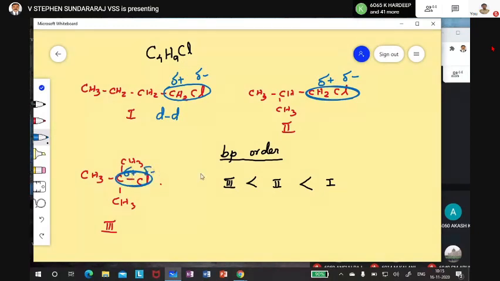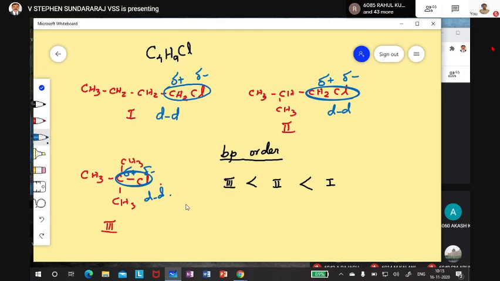So here this is a dipole, here also there is a dipole. All the 3 molecules have this in common: the C-Cl bond dipole. Similarly the molecular mass is also the same. But their boiling points differ much. Even in the exam, they may give the boiling point values and you have to write the reason.